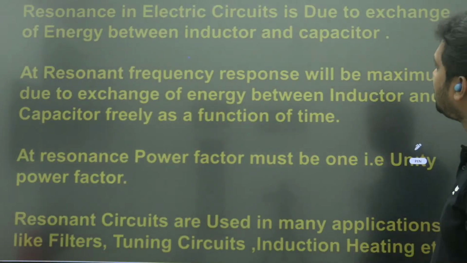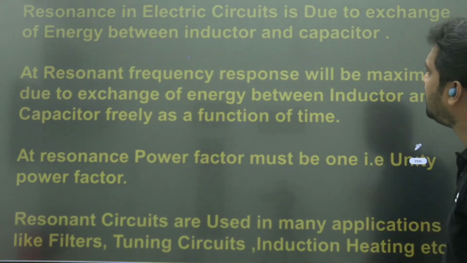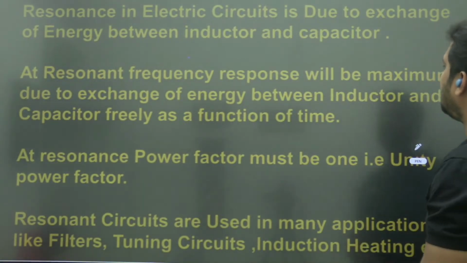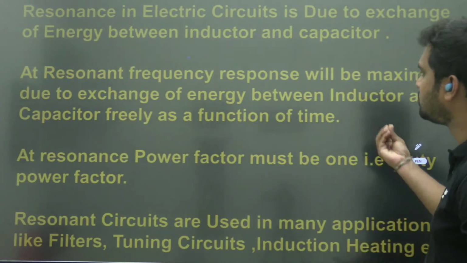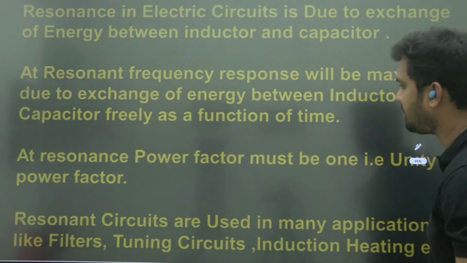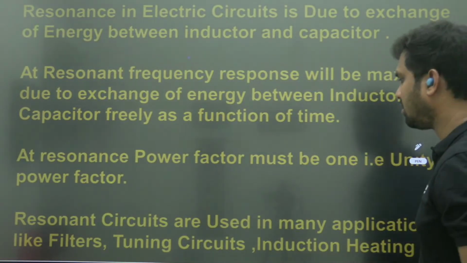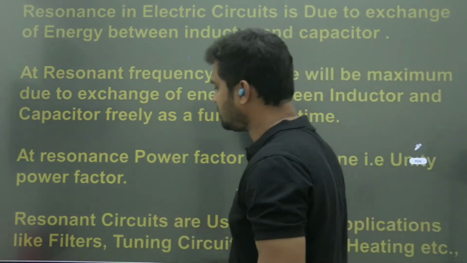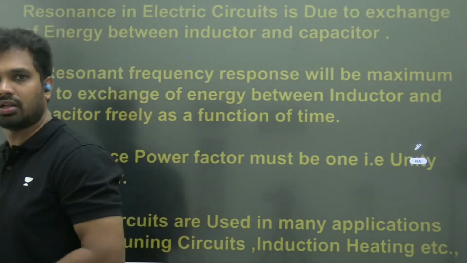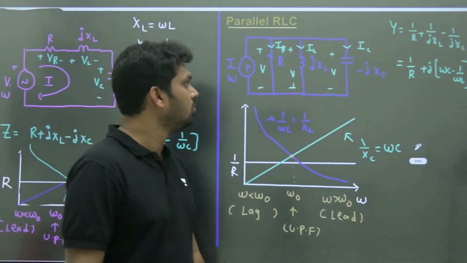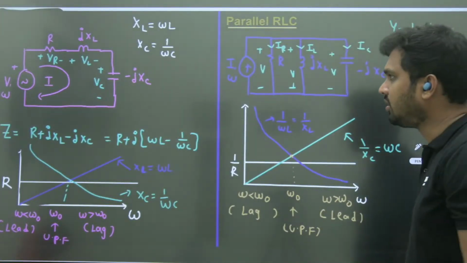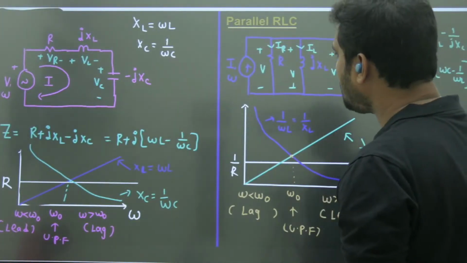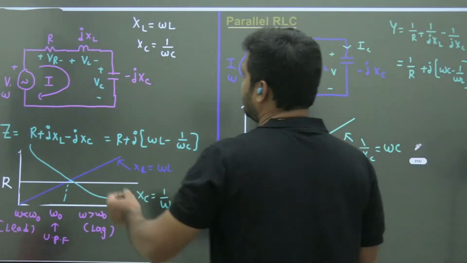So resonance in electric circuits is due to the exchange of energy between inductor and capacitor. At resonant frequencies, there will be maximum response. Response will be maximum due to exchange of energy between inductor and capacitor. The resonance power factor must be 1. There are many applications for resonance like tuning circuits, filters, and many others. So I'm directly giving you the theory of the resonance, then we can directly move for the problems, right? So series and parallel RLC, if you take,